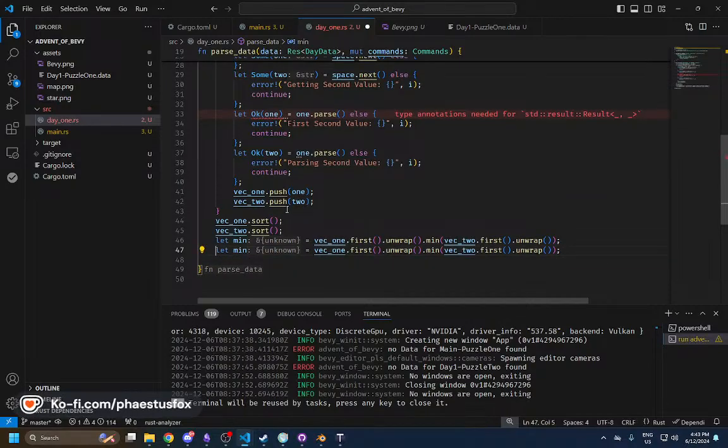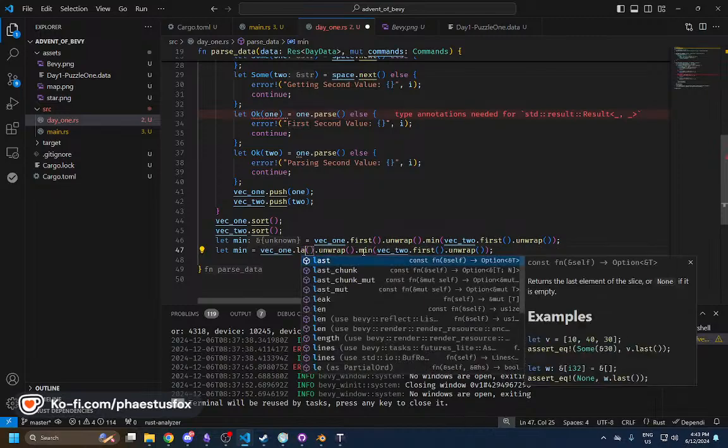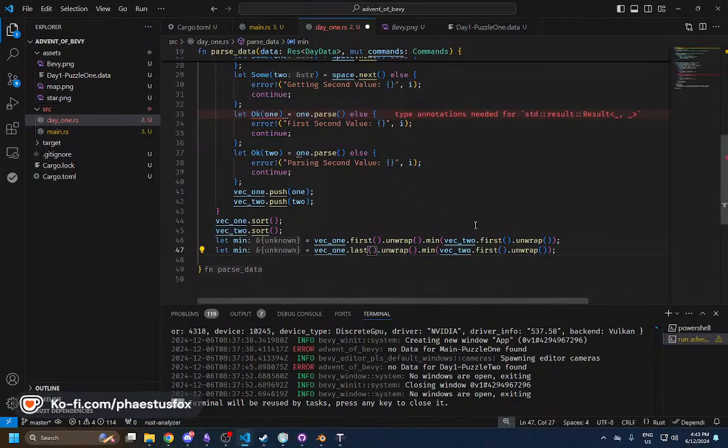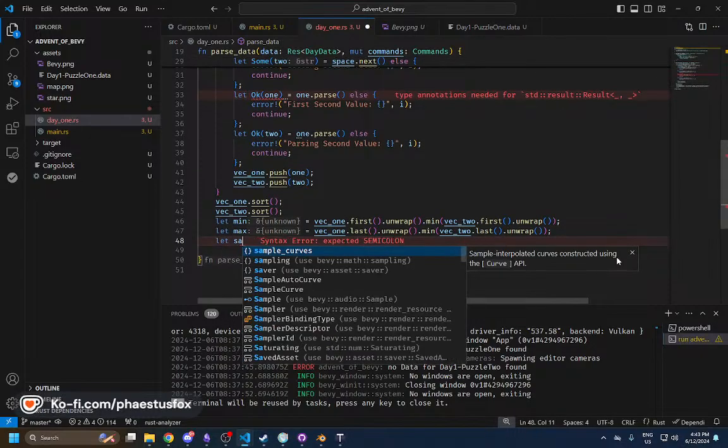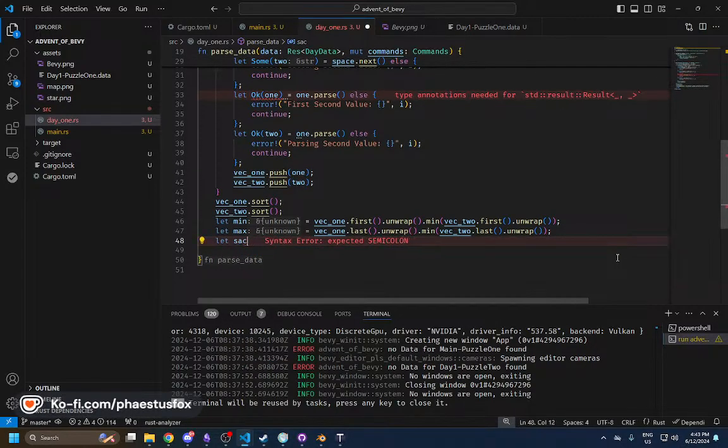And then we say max is last, because again we've sorted them, so they'll be in order, right? So that's our minimum and our maximum possible value, and then we're just going to work out scale. So our scale is going to be